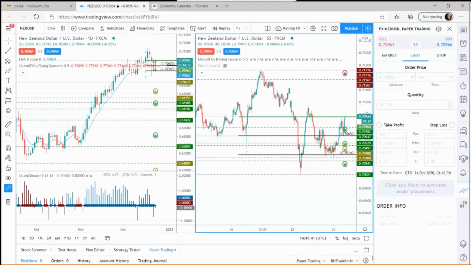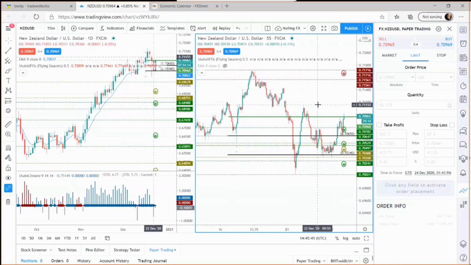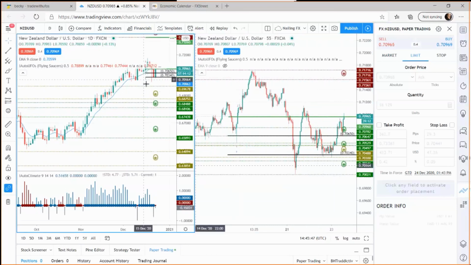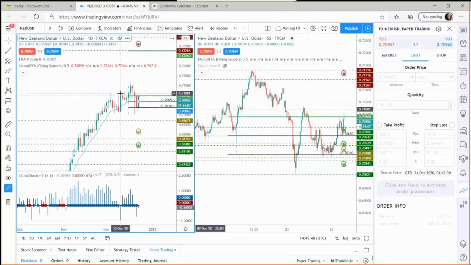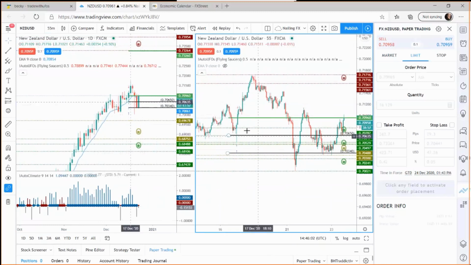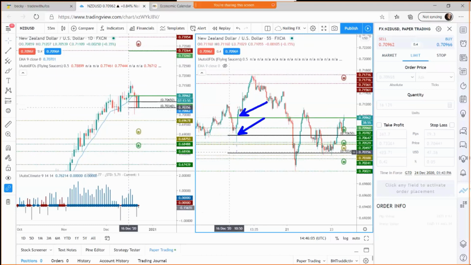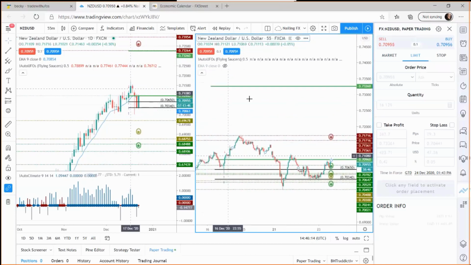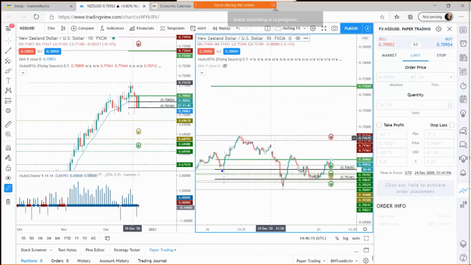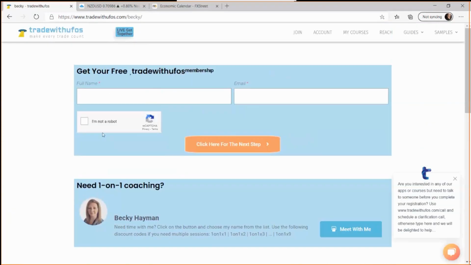Now, the first thing I actually wanted to do, for those of you that might have been on the last session, is have a look at that last trade that we put on before we start looking at new ones. So the last session, we looked at the New Zealand dollar, and we had a UFO over here that we were looking at. I believe we were looking at a daily and a 55. And this is what happened on the trade. So price came into the trade, triggered us here. It went off, hit our safety target, but we had a final target all the way up here, which it didn't reach. So what that means is we hit 1-to-1, half of our position came off here,